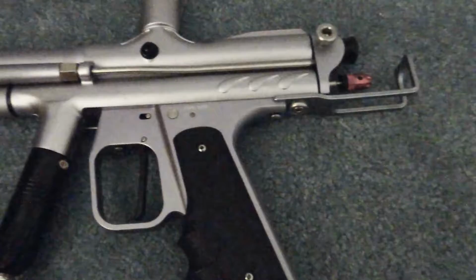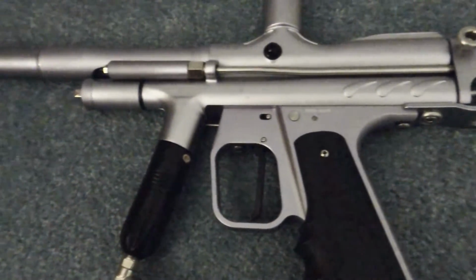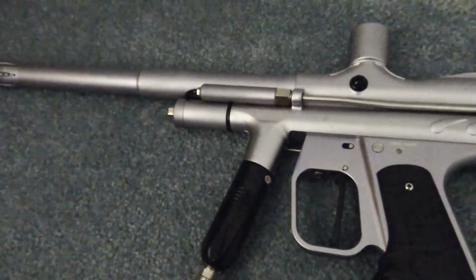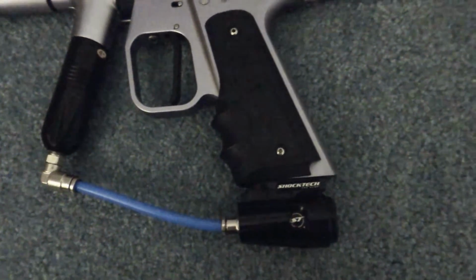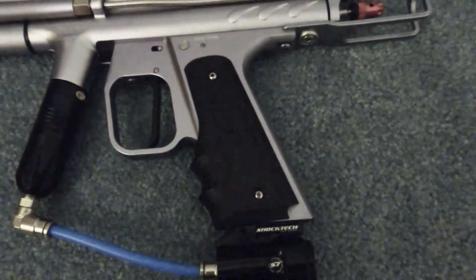Autocockers are one of the most recognizable types of paintball markers. They were the first highly successful and popular paintball marker that really kicked off in the late 90s. At the time of its release, it fought for the main stage with the Automag, spawning the Automag versus Autococker